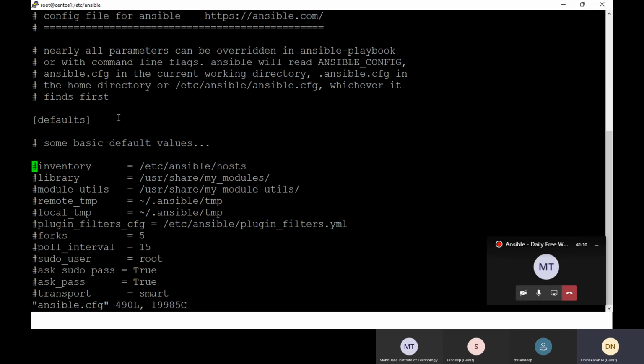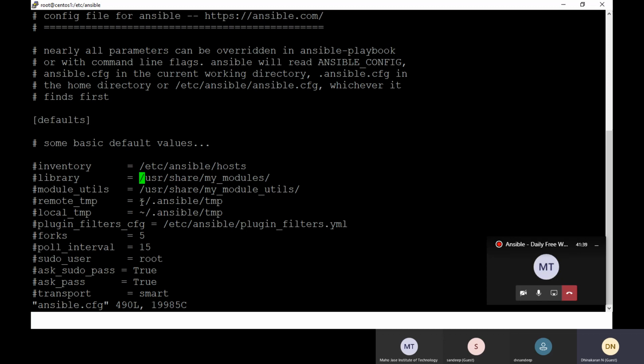If you want to make an entry in your inventory file, you can go to /etc/ansible/hosts. For libraries, for example, if you need a custom module, you can put it in /usr/my modules, and then you can make use of your custom modules. For module utilities, you can use this directory /usr/module/utilities,